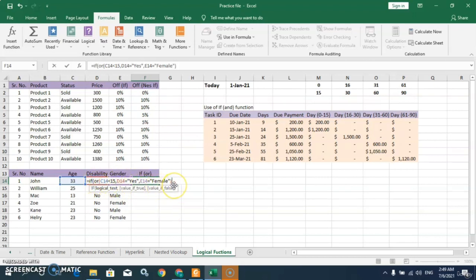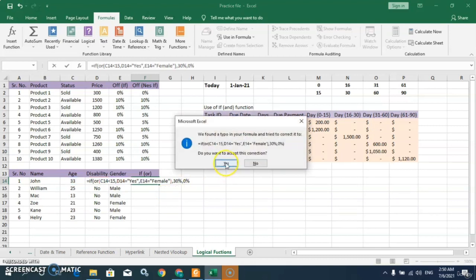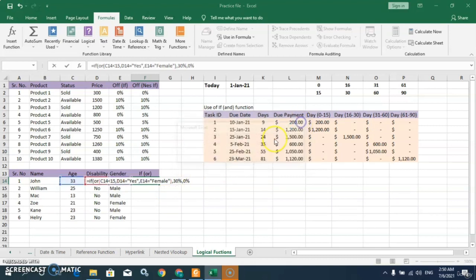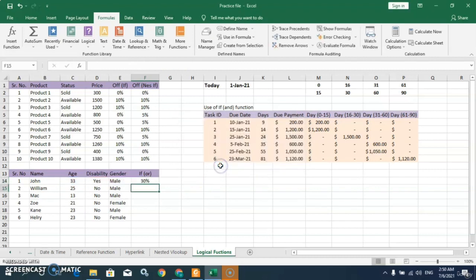Then if these logical tests are true, I will give 30% off, and if not, then 0. See, now I will simply drag and drop,